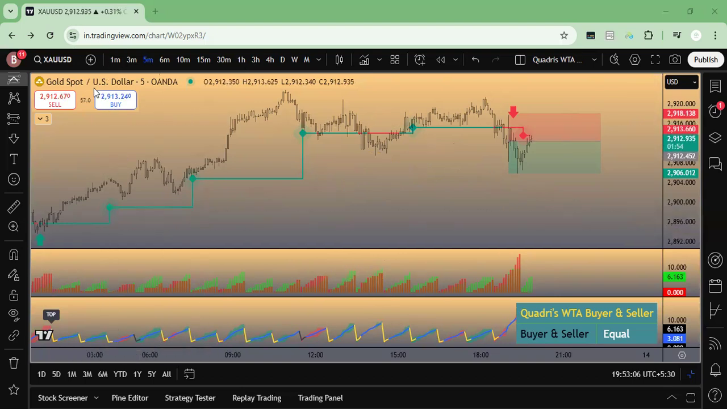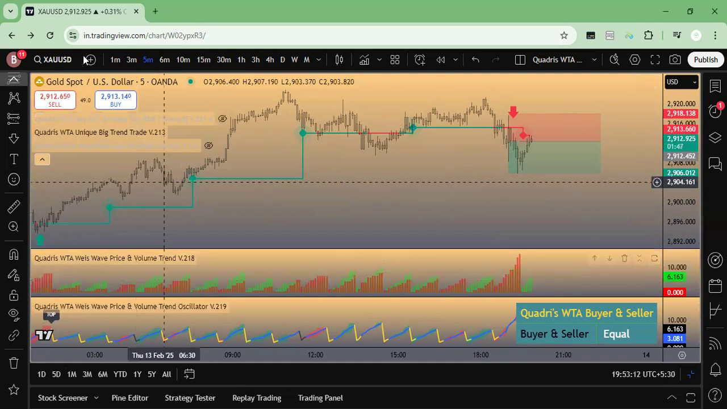So now I'll come back to this one. We have already covered these trade setups. So what is this 218? It gives you a volume that is